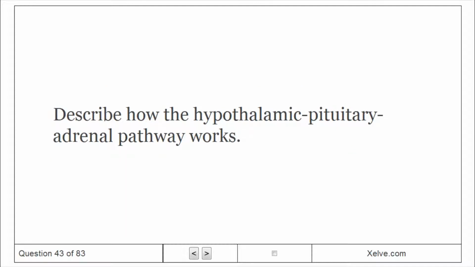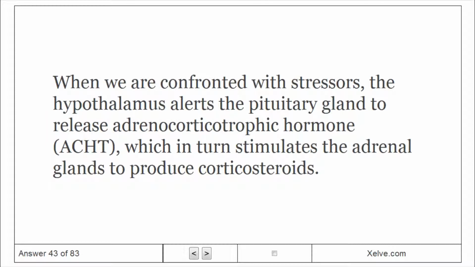Describe how the hypothalamic pituitary adrenal pathway works. When we are confronted with stressors, the hypothalamus alerts the pituitary gland to release adrenocorticotropic hormones, which in turn stimulates the adrenal glands to produce